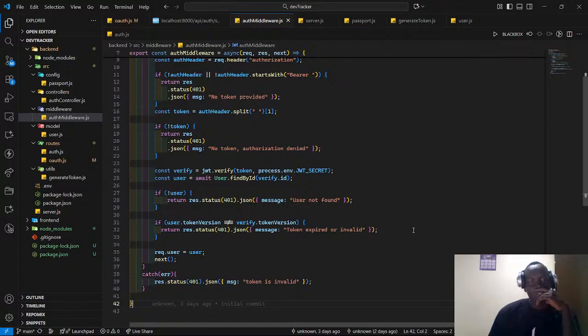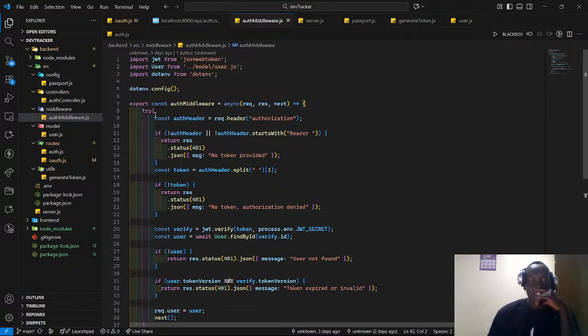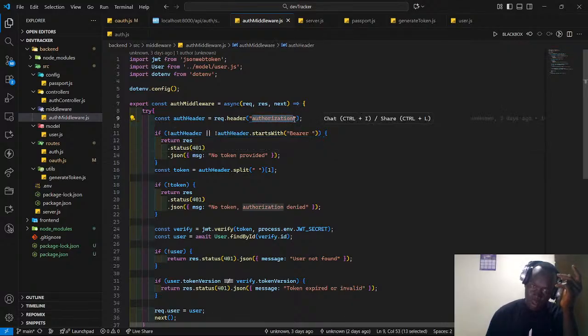So what we are going to do here, we create a variable called auth header. So here we create a request body. This is the request.header. So if we find something